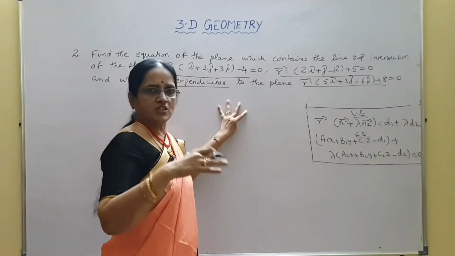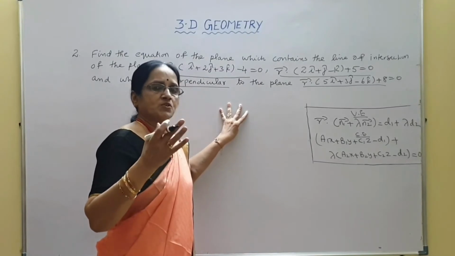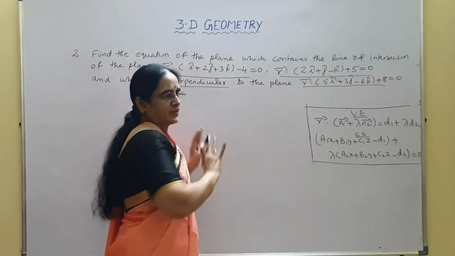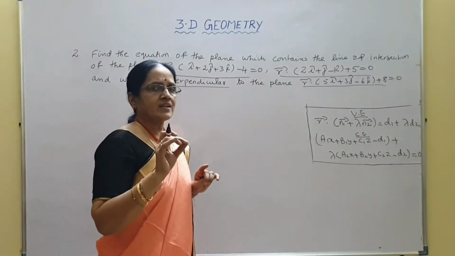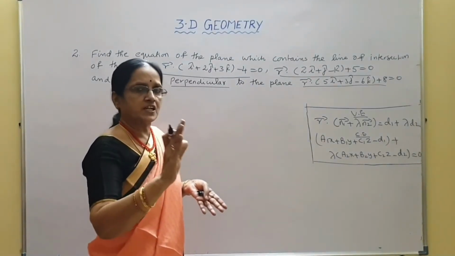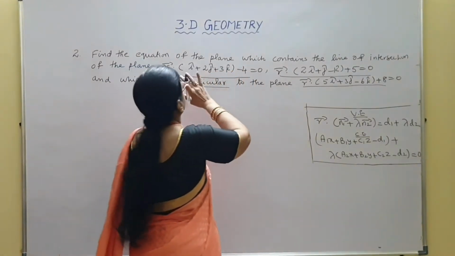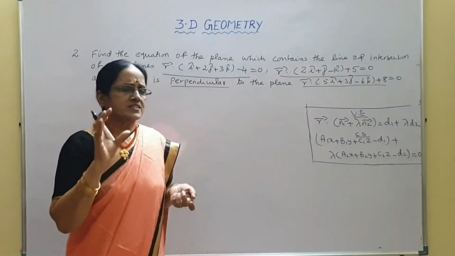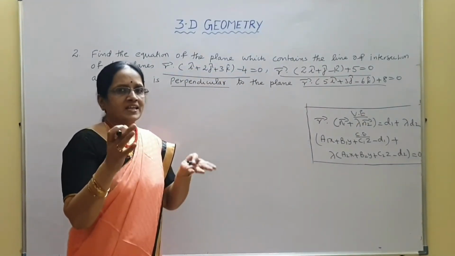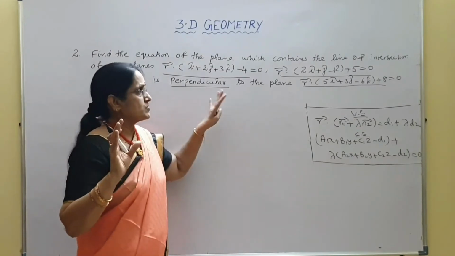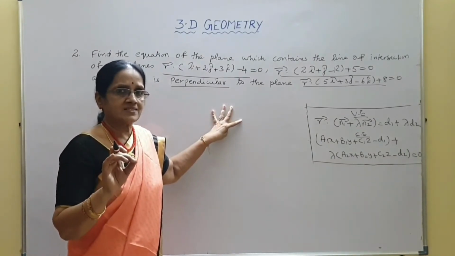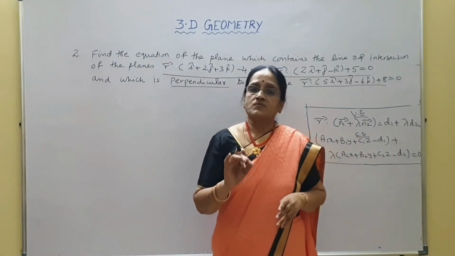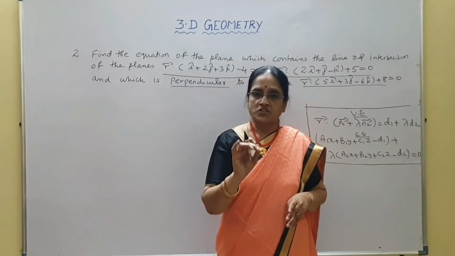This question is similar to the previous one, but in the previous question the equations were given in Cartesian form, but here it is given in vector form. And instead of giving equation of the plane through the intersection of two planes, here it is worded as the equation of the plane which contains the line of intersection of. So it is worded differently, that's all, but the meaning remains the same. This question is taken from the NCERT miscellaneous exercise. Also, the same question was asked in Delhi 2013 as well as Delhi 2011 board examination paper.